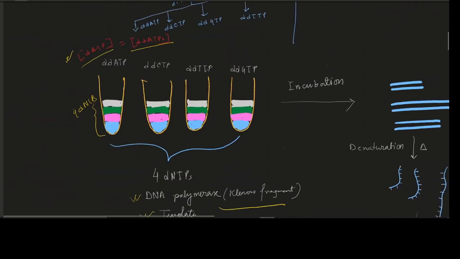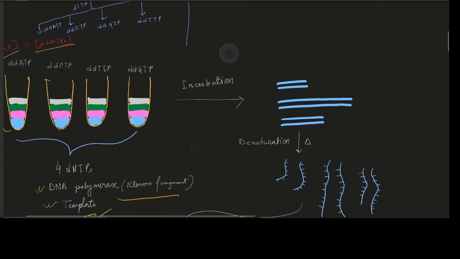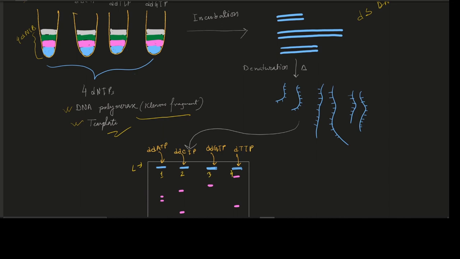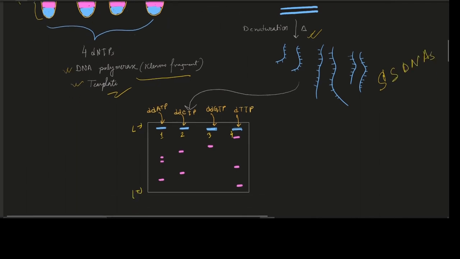Now let's see the further steps of the Sanger sequencing. After the mixing, we give the incubation as we want. After each incubation there are so many partially produced DNA strands. Remember, these are all double stranded DNAs. In the next step we have to denature them to run in gel electrophoresis. So we denature by heat, and these are the single stranded DNA. And the further step is